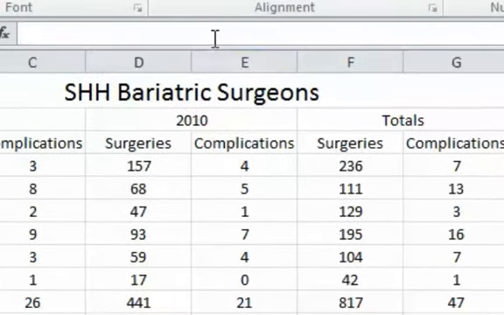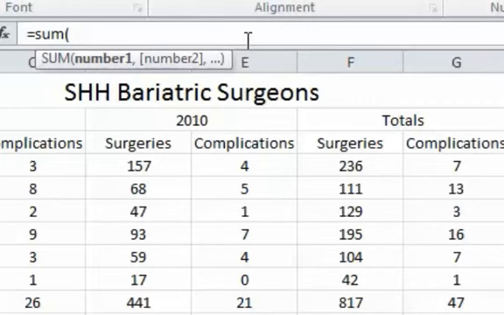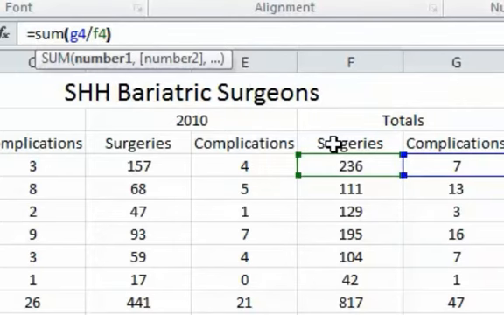So I'm going to do equals and then sum, and in parentheses, again I'm not going to use the number because remember this could change. I want to use the cell references, so it's going to be G4 divided by F4. I'm going to do G4, a slash for divided by, F4, and finish off my parentheses,